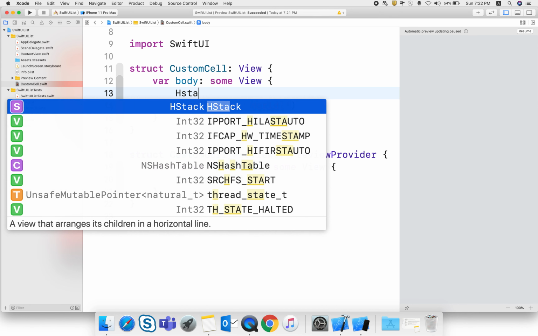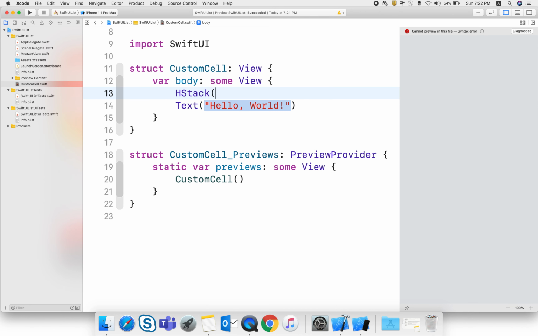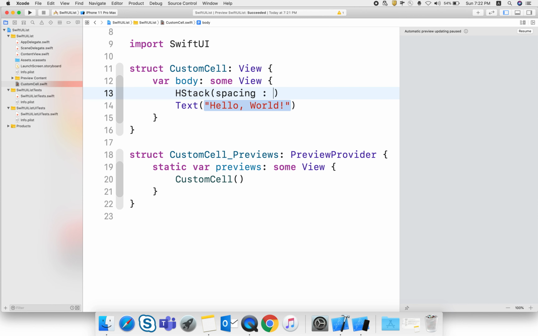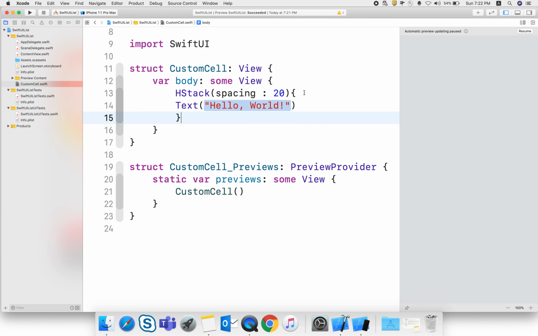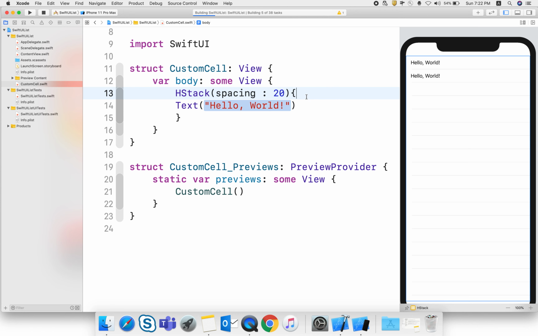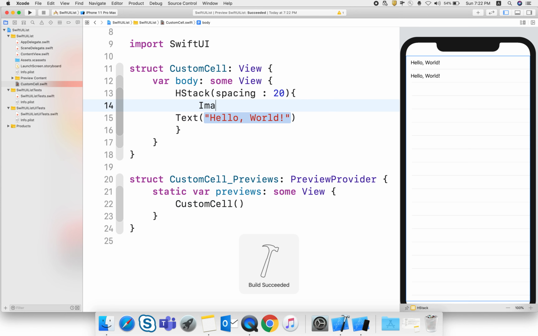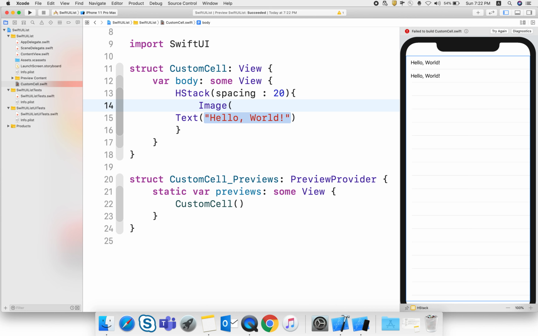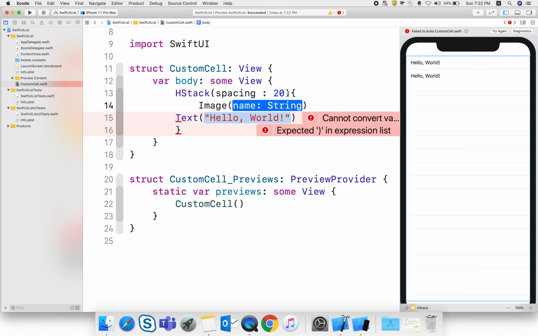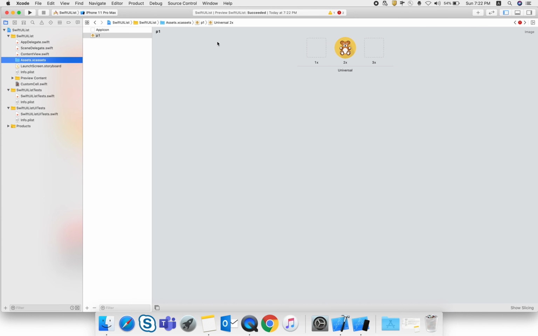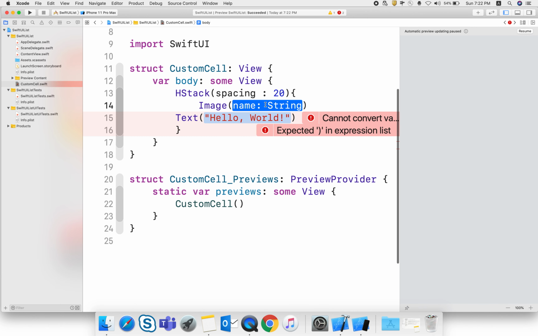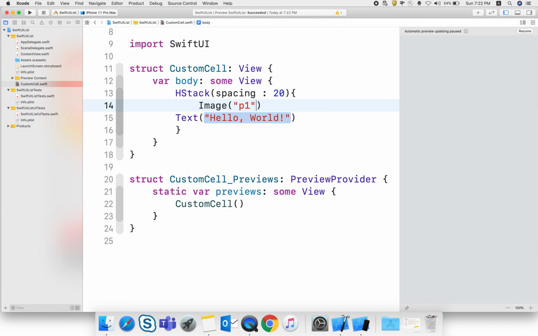Here I just take a horizontal stack with the spacing, and inside that I just take an image. Here in assets I have an image whose name is p1.